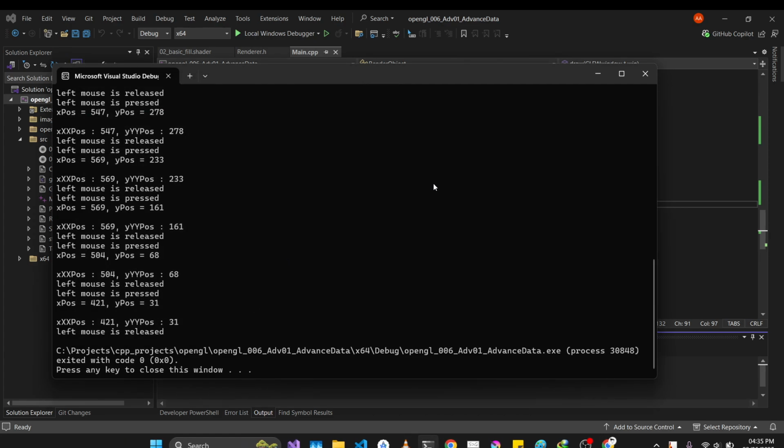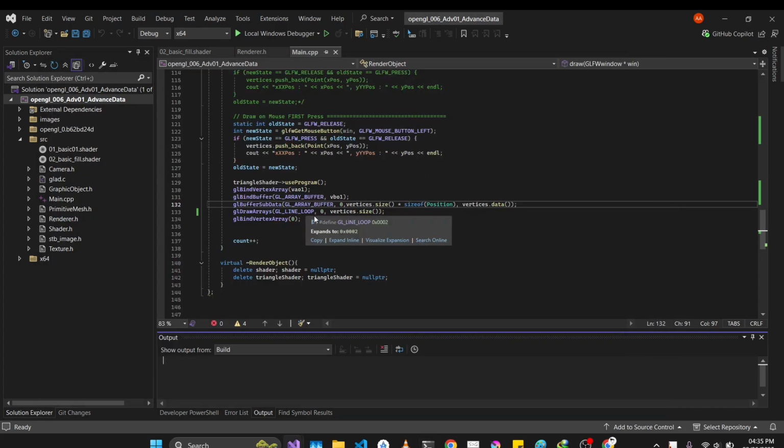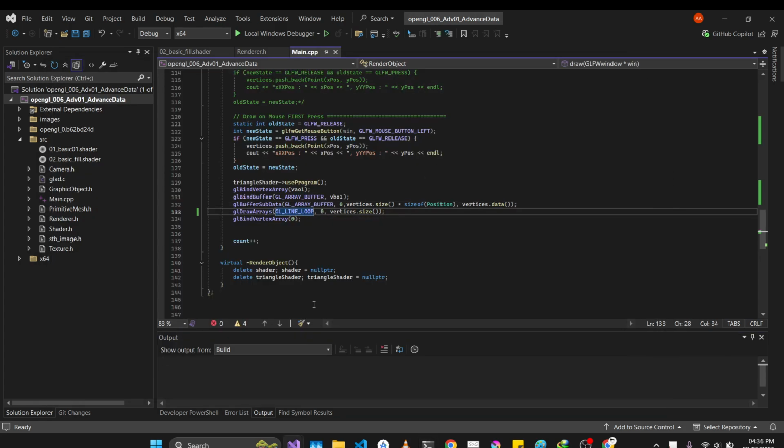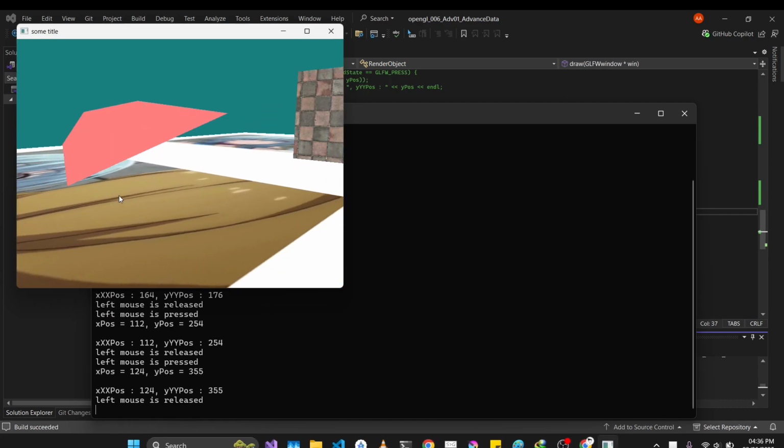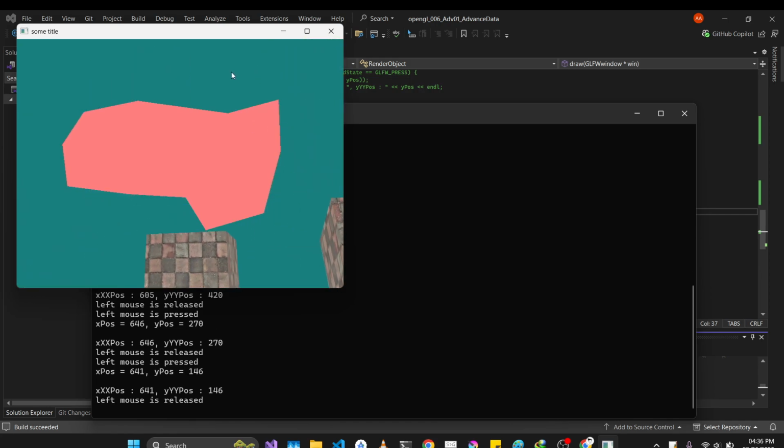Let me change this to GL fan loop, fan, triangle fan, triangle strip. Let me just do triangle fan and see how that goes. Basically what we're doing here is dynamically creating